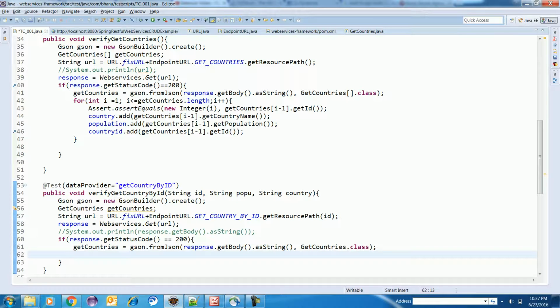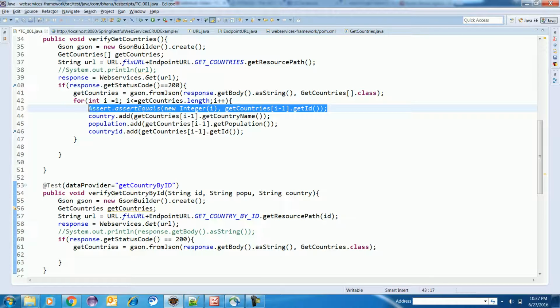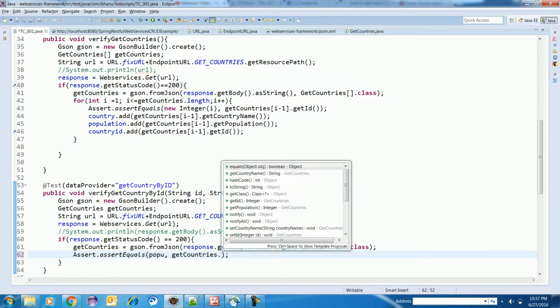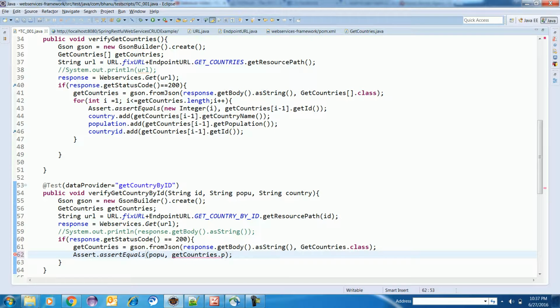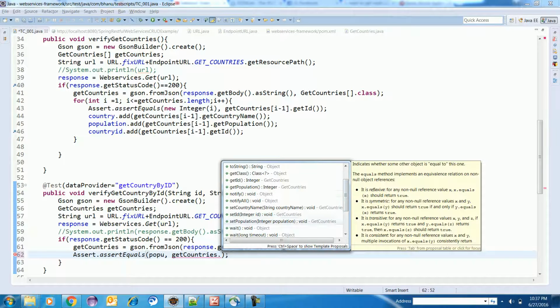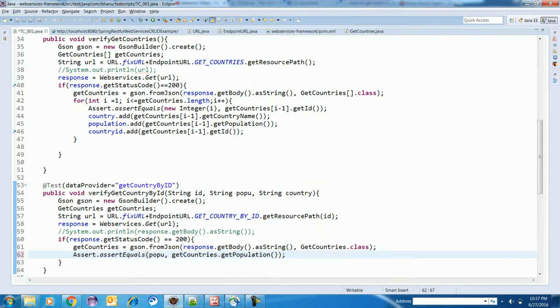I can put an assertion saying that here I can supply my population, and whatever is coming from the response, I can do getCountries dot, we have something called getPopulations, that method is available.